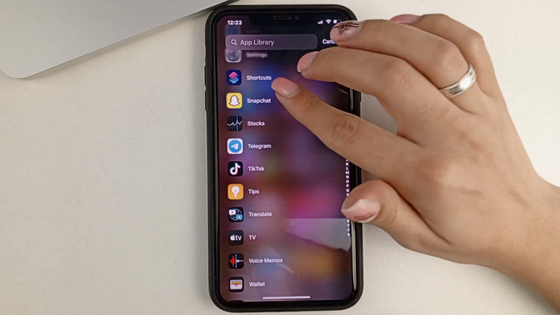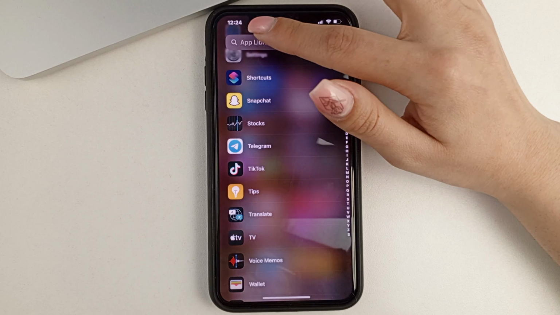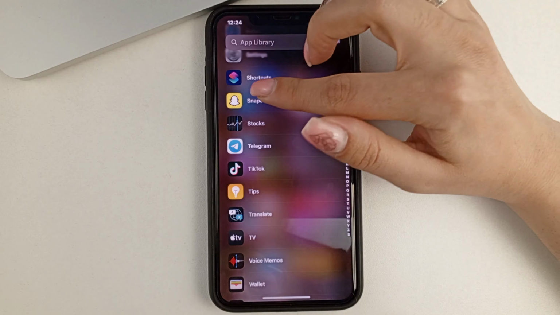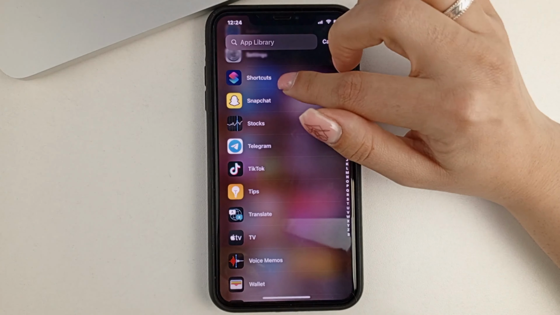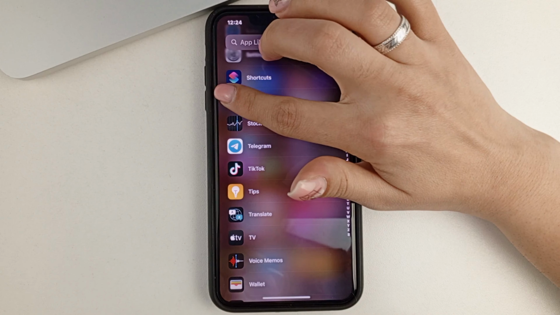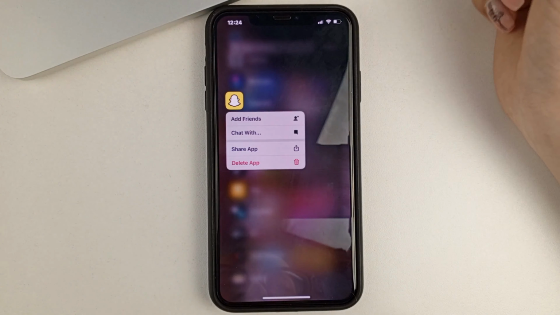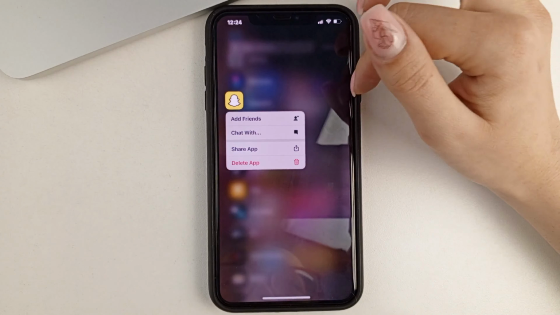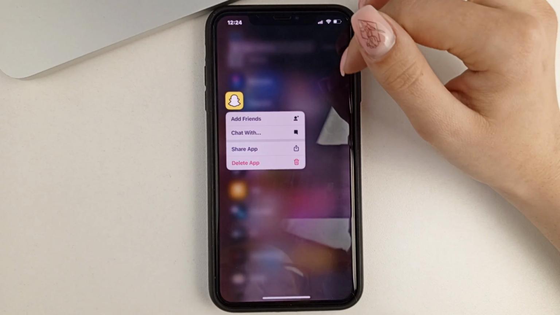So once you find an app that you want to uninstall, you tap on it, but not on the name, but on the shortcut itself. That's how you get this little menu, where you also choose Delete. And if you want to delete it completely from the phone, you confirm the action by pressing Delete.